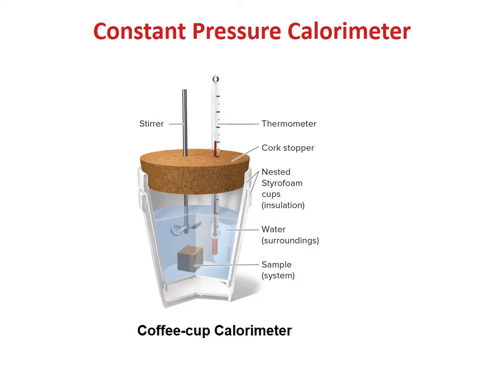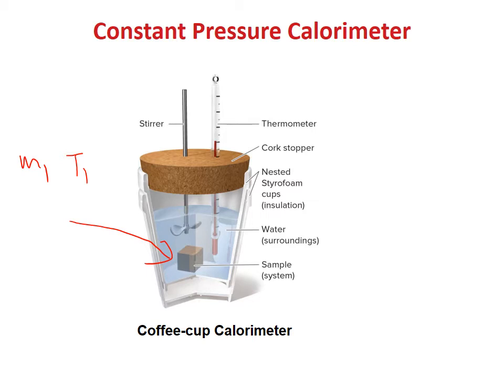Suppose we want to measure the heat capacity of a solid. We first take a small amount of the solid and measure the mass M1 of the solid and heat it to a certain temperature T1, and then we place the solid inside the water bath. Now you expect the temperature of the solid goes down, and at the same time the water temperature goes up. The heat released by this solid should equal the heat absorbed by water. So the heat released by the solid